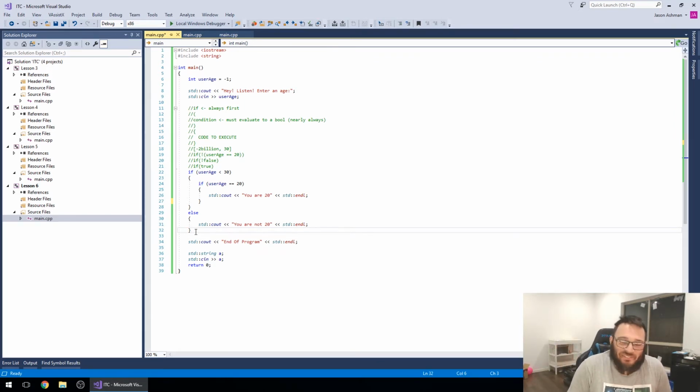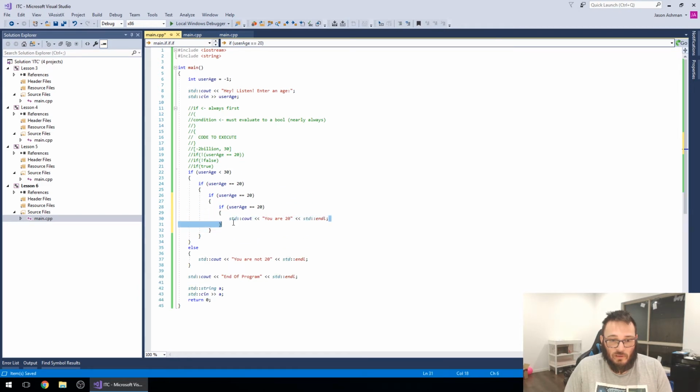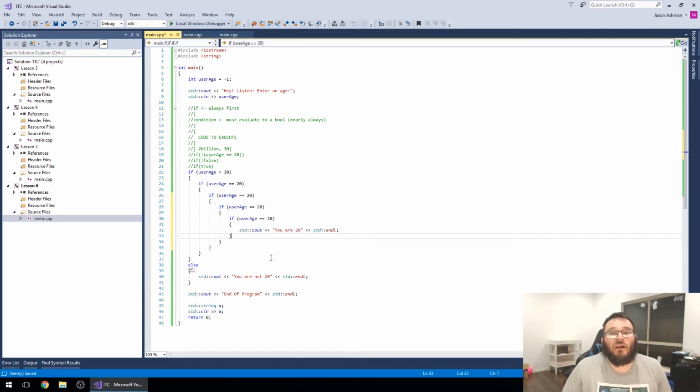Oh man, this is really confusing. It's a matter of trying to explain the way the code actually works without being too stupid, but also being too smart. Let's just move on. If I think of something better, I'll come up with it. But that's how an if statement works. You can go as deep as you want. This would be pointless, but you can go, if 21, 22, this would never work. But yeah,